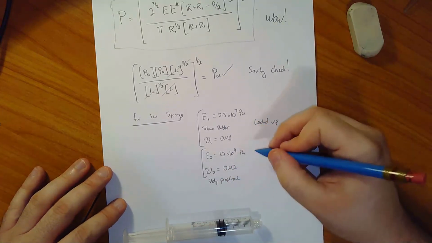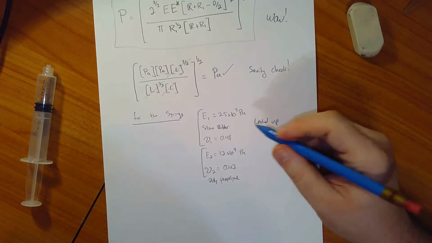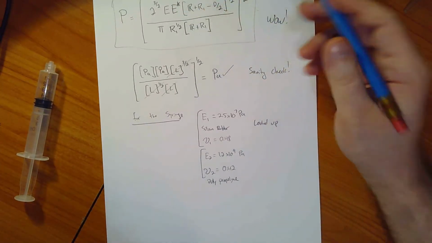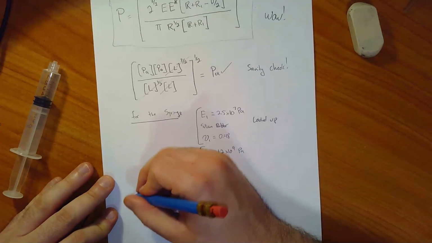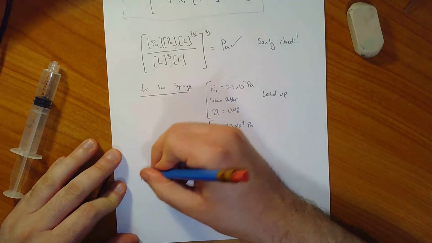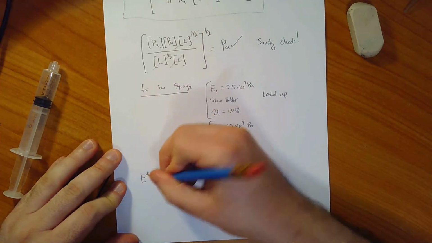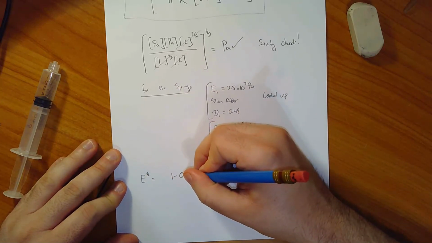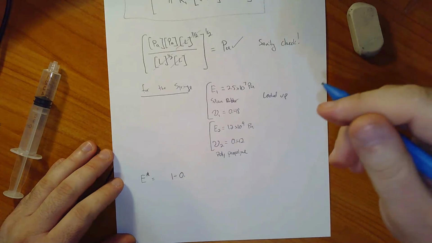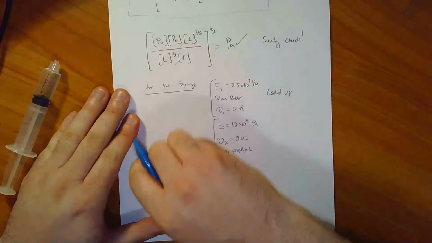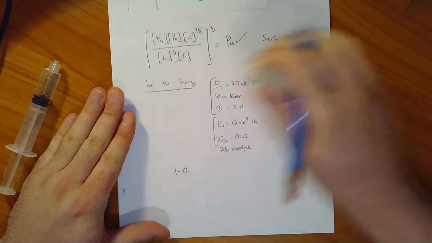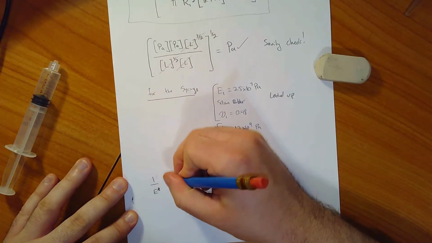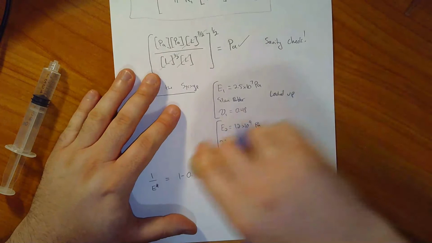Okay, so those values, I can plug those in now to my E star expression. And when I plug them into my E star expression, it goes 1 minus 0. Oops, sorry, hang on. I need 1 over E star. Let's try that again. Okay, 1 over E star, and that equals,